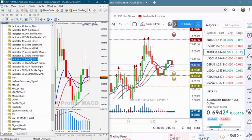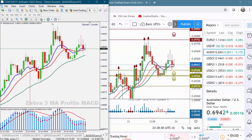Here's the MACD pivots. Whoops, cancel. I need to drag this onto that chart. And there's the pivots. Now the pivots aren't showing exactly correct because it needs to catch up with the data. But I can see that the pivot is showing that we had a high pivot, and now we're going down. So this should come down a little bit. It's still showing because it's above the zero,